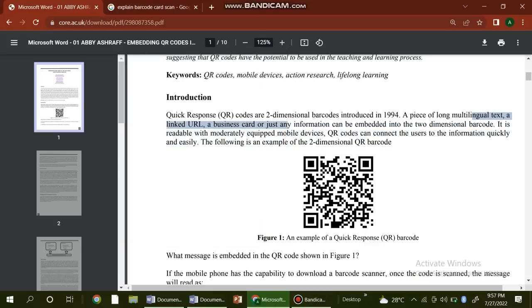A linked URL, a business card, or just information can be embedded into the two-dimensional barcode. It is readable with equipped mobile devices. QR codes can connect the user to information quickly and easily. The following is an example of the two-dimensional QR code.